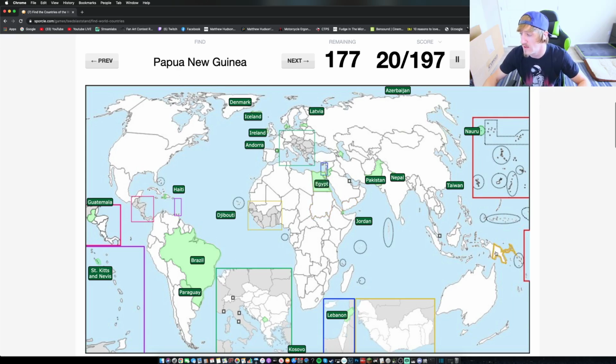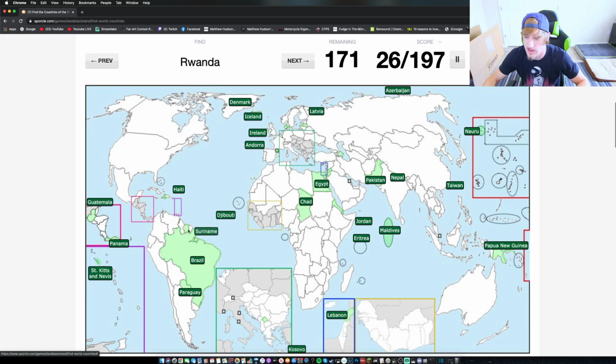Papua New Guinea is the right side of this island over here. The left side is Malaysia. No, sorry, the left side is Indonesia. Right side is Papua New Guinea. Chad is right in the middle of Africa. Panama. Eritrea is over here as well. The Maldives are off the coast of India. Suriname is this little country right here in South America. Fun fact, the one next to it that's blank is actually owned by France. So that's technically French.